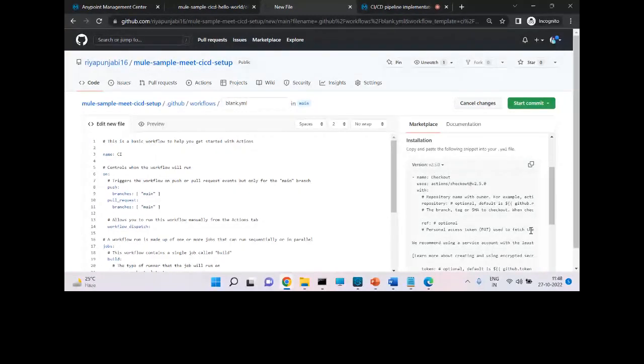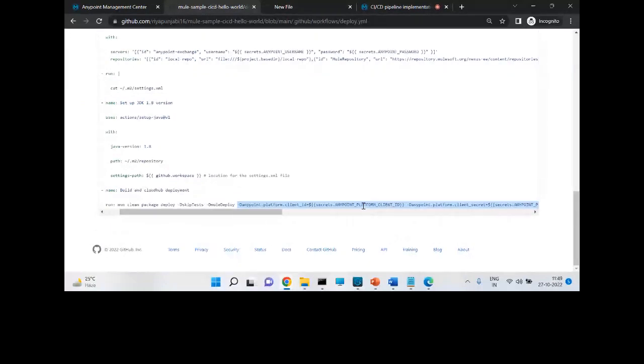We have one more question. What are the chances of crashing our CI/CD pipeline? There are various chances. First, there may be build errors, then it may not run. As you are giving variable values, if you are taking the values from secrets, you have written the code to take them from secrets. If you are not providing them in secrets, then it will not work.